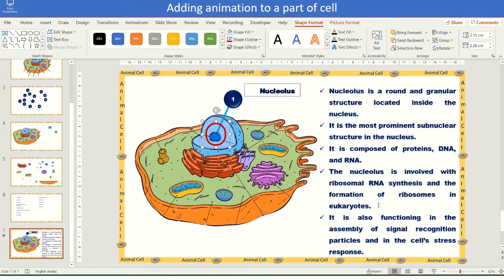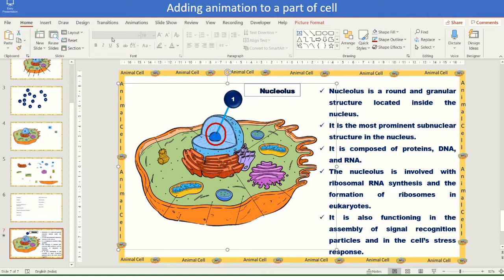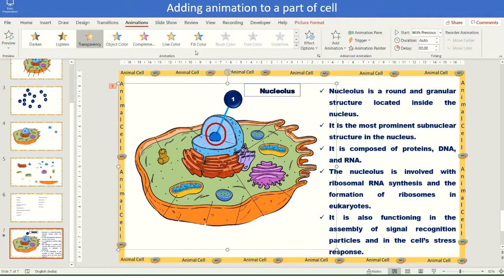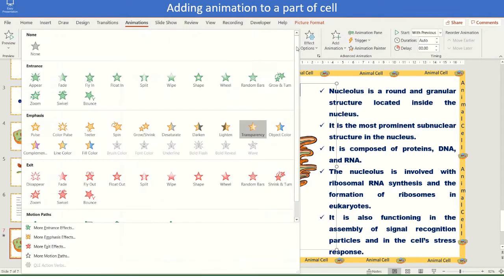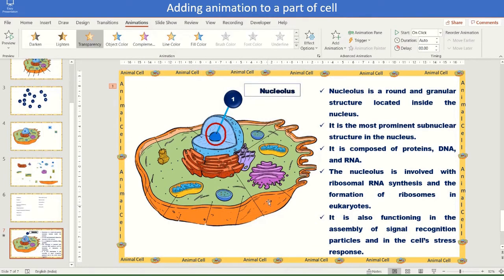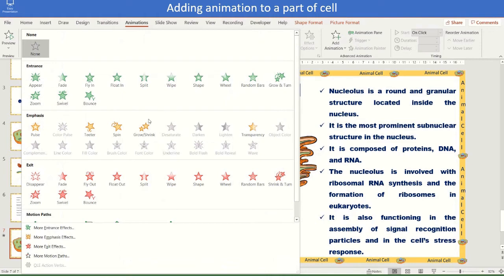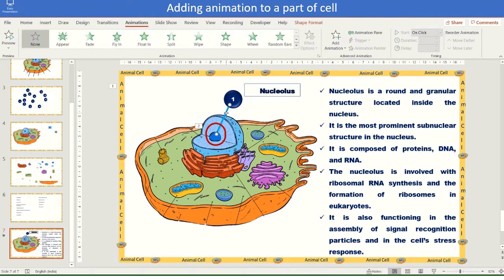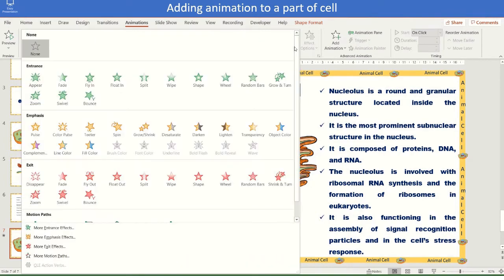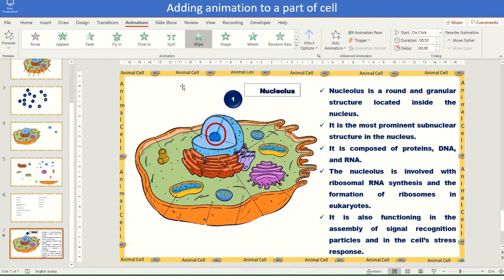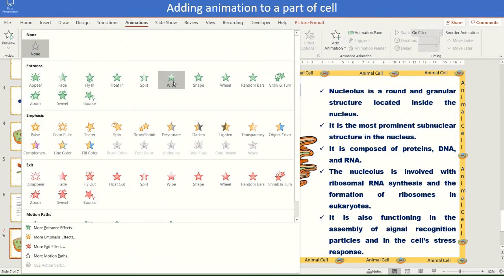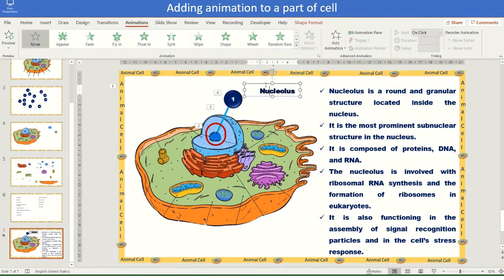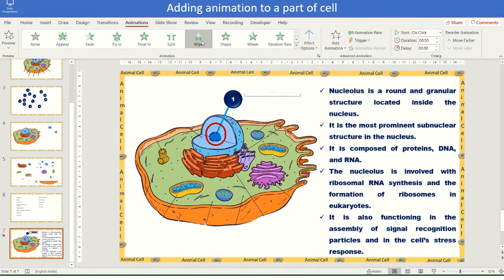Now it is time to add animation. Select the cell image and give emphasis transparency animation. Select the group circle and the part and give emphasis grow and shrink animation. Select the line and give entrance wipe animation from bottom. Select the number image and give entrance wipe animation from bottom.